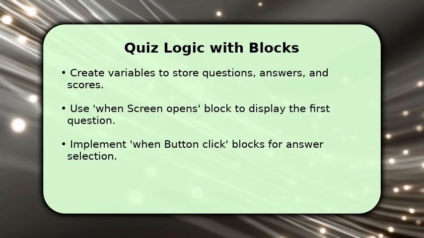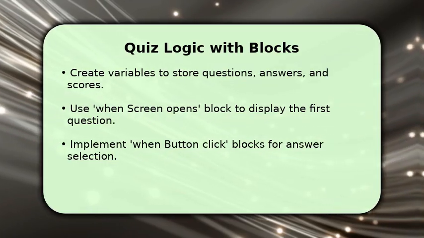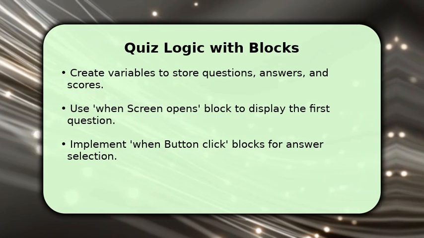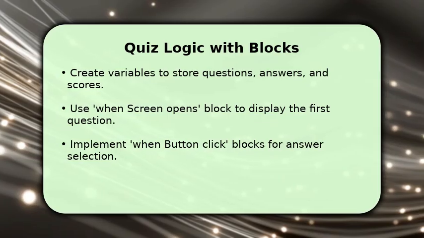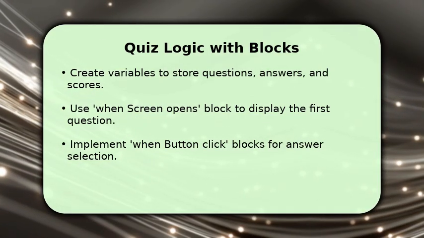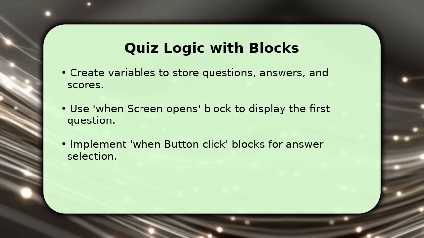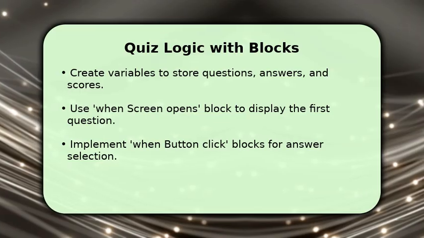Next, we dive into the heart of your quiz, the logic. You'll need to create variables to hold your questions, correct answers, and the player's score. Use the When Screen Opens block to load and display the very first question. For each answer button, implement a When Button Click block. Inside these blocks, compare the selected answer to the correct one and update the score accordingly, perhaps adding 10 points